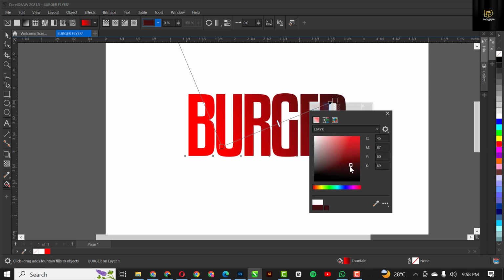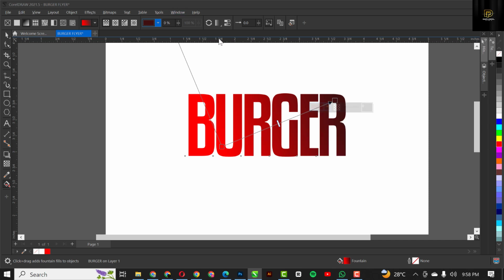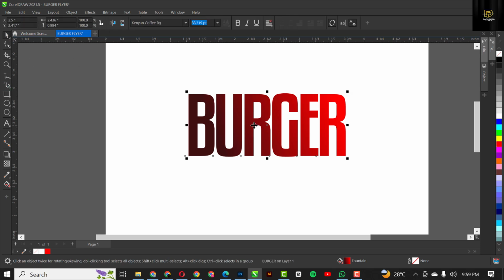In CorelDraw here it is called the fountain fill. You can reverse it also from this point here. Easy peasy. So this is how I want the flow to be, from dark here to light. And you can also make it smooth by clicking on this also. So I want to make a duplicate copy of this. Ctrl C, Ctrl V, and